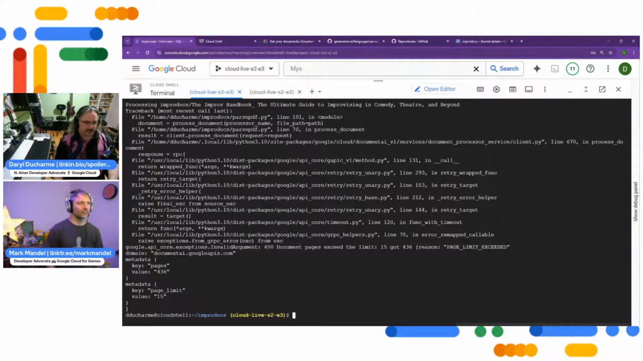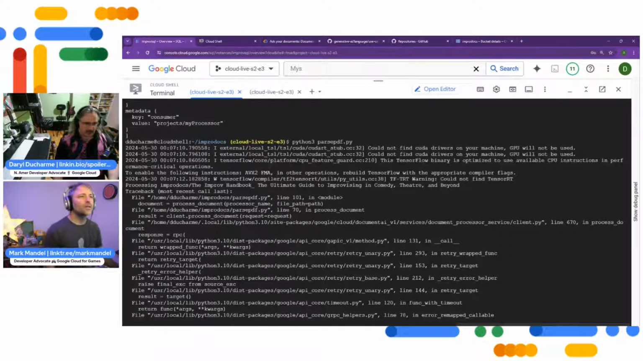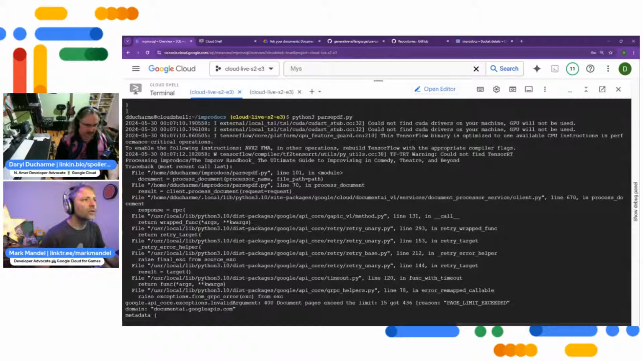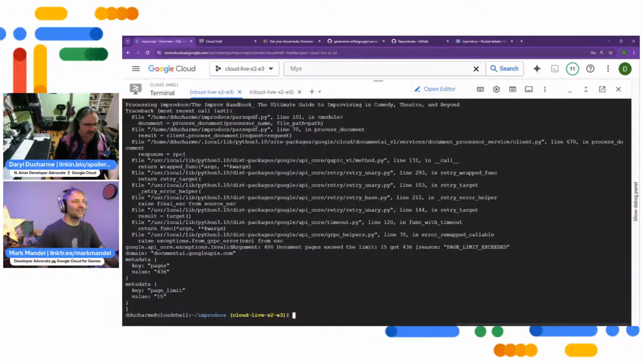Okay, it was doing something for a moment. Was it something about a limit? I thought I saw 400 document pages exceeds the limit, 15. So we've got a page limit of 15. So